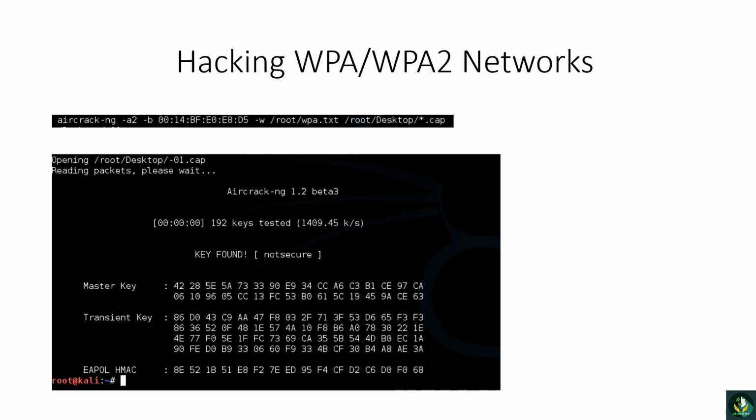But I prefer you always test these types of methods on your personal machine or your own wireless network in your house. I suggest you don't use this on other people's networks. And that's how you hack a WPA or WPA2 network